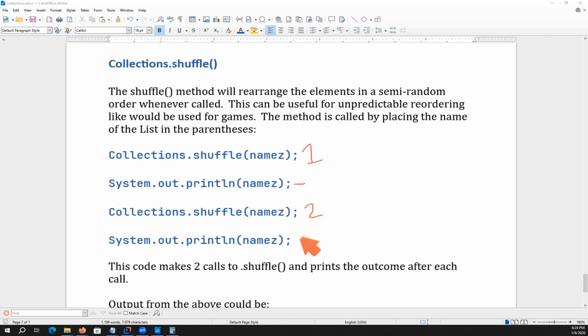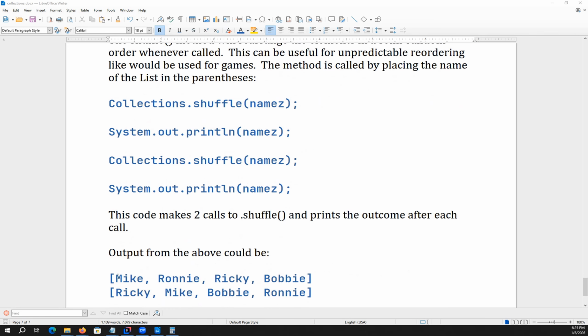And then after each one, we're printing what the outcome is. Makes 2 calls and prints the outcome. And this shows you what the output could be, but given that it's random, it could be anything, any ordering of these names. So let's pop